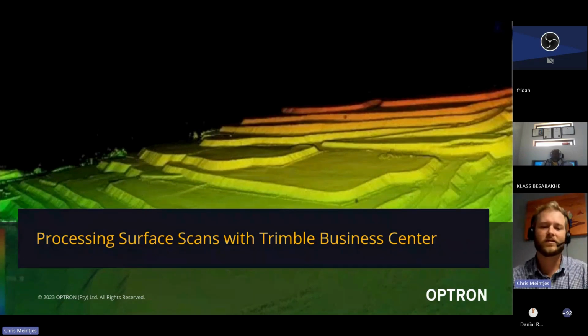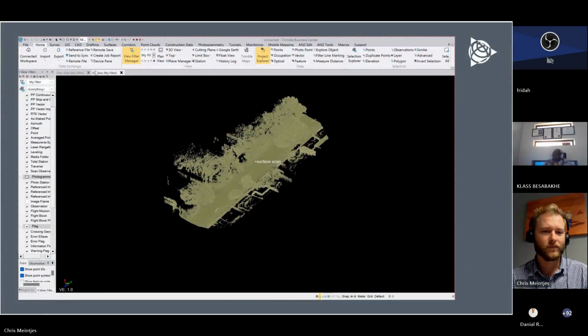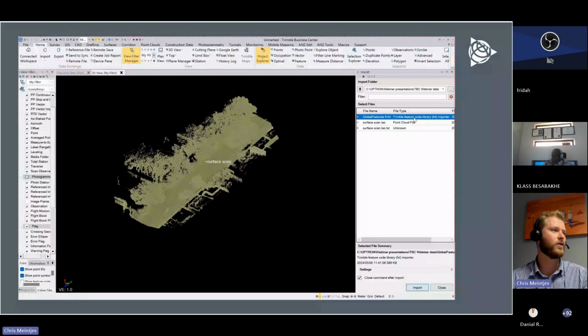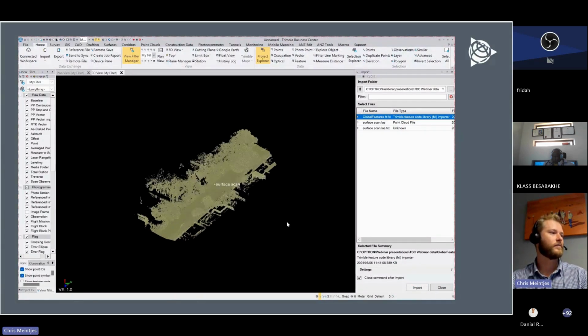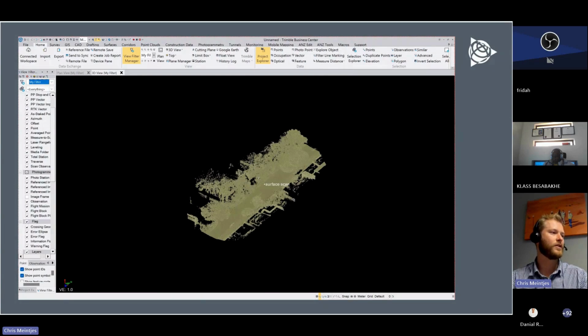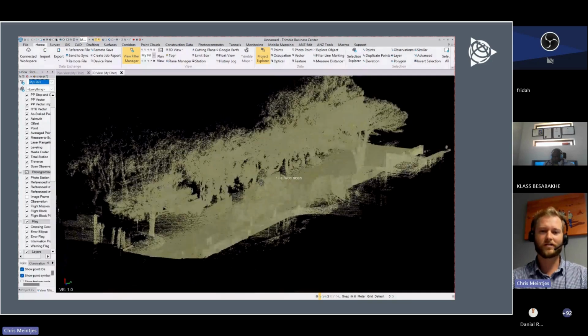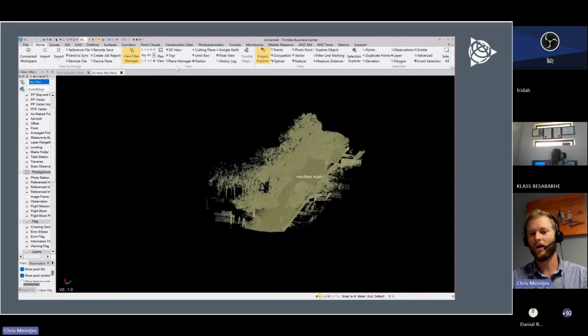We're now going to move on to TBC. This is an example of a scan I did, or some data that I had of a small section of road. You can see here I'm importing the feature library in the beginning. This can be done at any point, but it's just a small little stretch of road. This is a small part of a much bigger scan. I just used it so